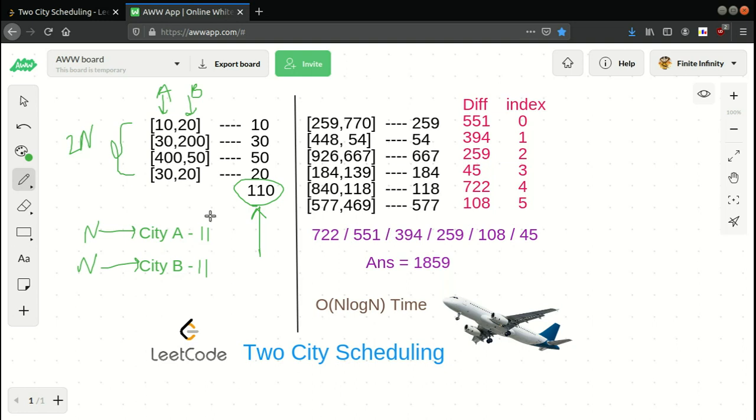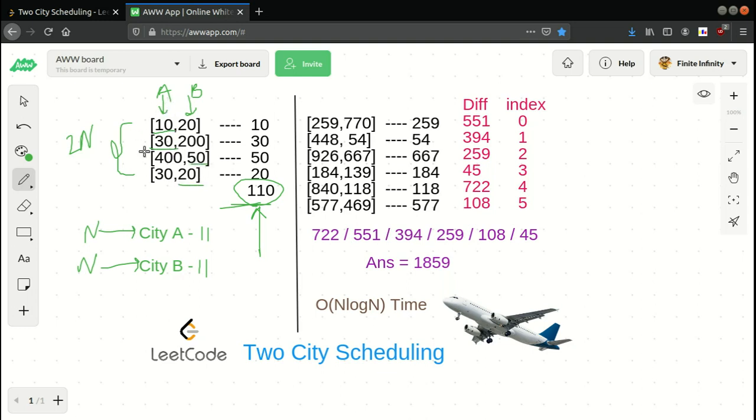You might be thinking you can just pick the minimum value and we will get our answer. That will work in this case, because the minimum are 10, 30, 50 and 20.